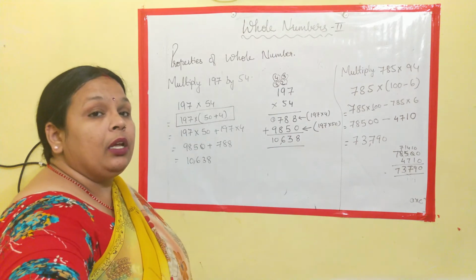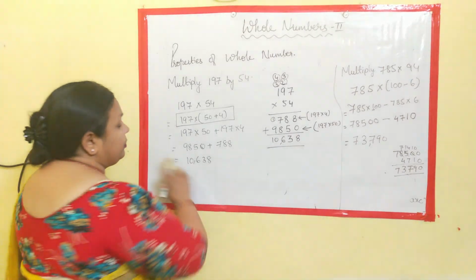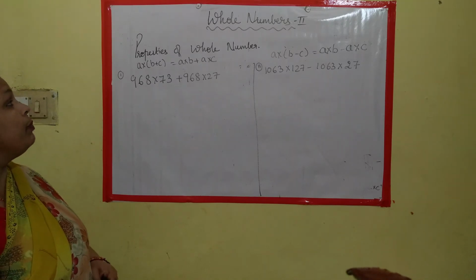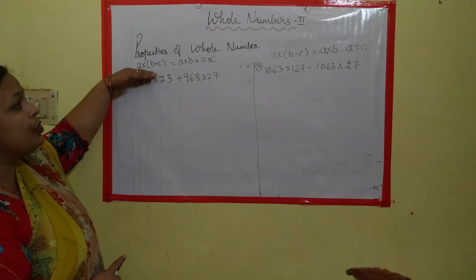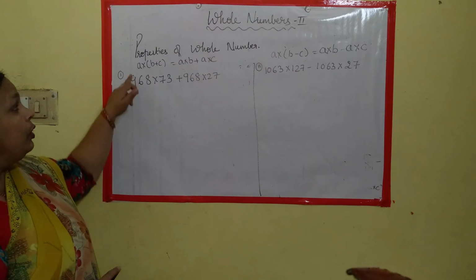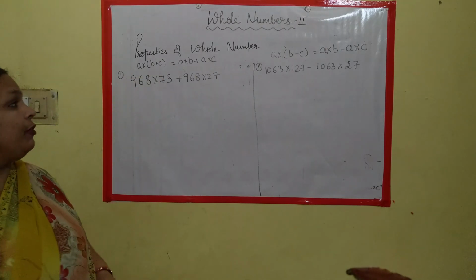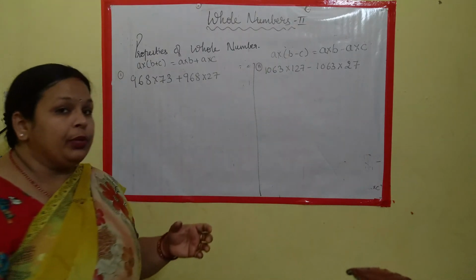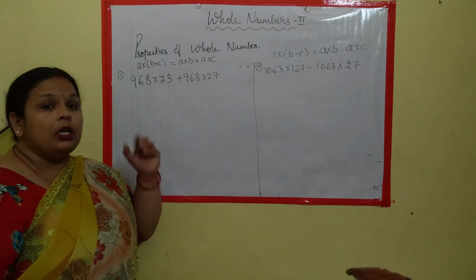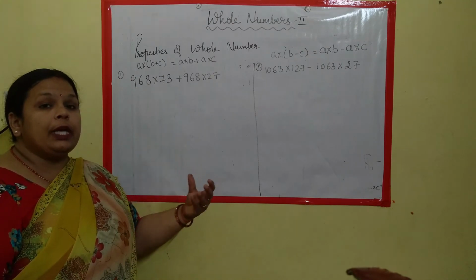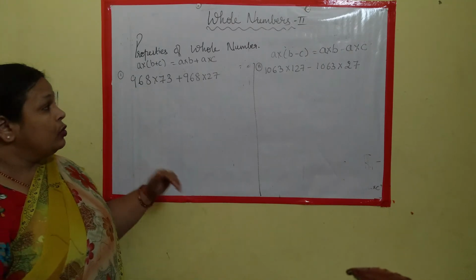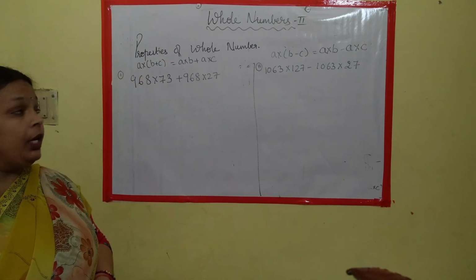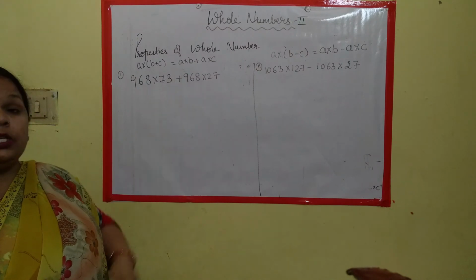Now we will be seeing the rearranging property. Now we'll take two more examples. In our previous example, we used the first part of the distributive property. Using this we solved our multiplication part. That is, one of the numbers in the product we arranged as a sum of two numbers, and in the second example, as a difference of two numbers. So we applied the first part of the distributive property. Now we will be seeing the second part.